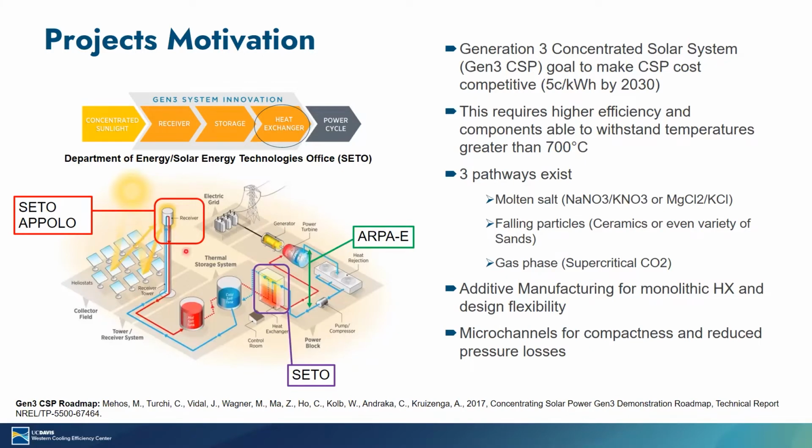So the CSP itself is high temperature, but the high pressure comes from the power block section, where